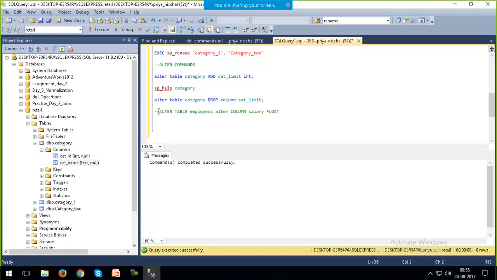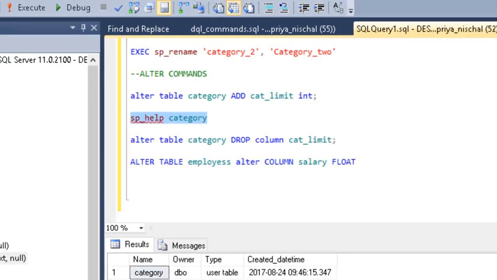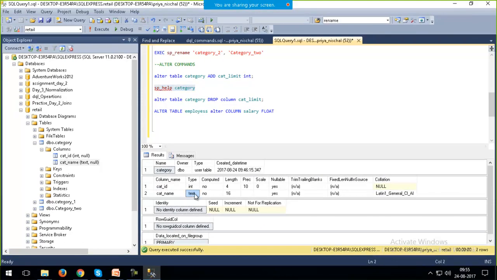Okay, so now this is the command, the last one which you were asking for. How can we change the data type of any column? Let's see what is the data type within the category table. Let me check. sp_help, cat ID is int and cat name is text. Now what if I want to change the cat name column's data type from text to varchar? Then how can I change? It's alter table, this table name, then alter column, this as my cat name, to which value I want